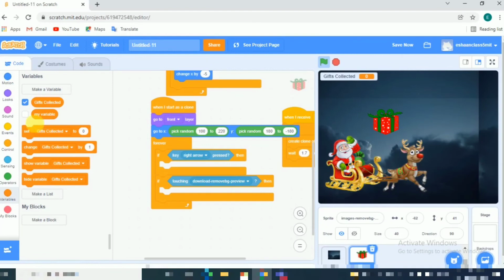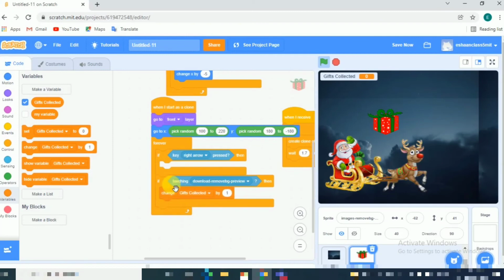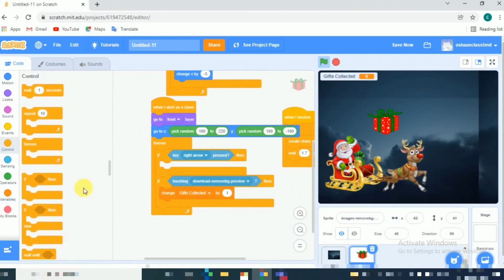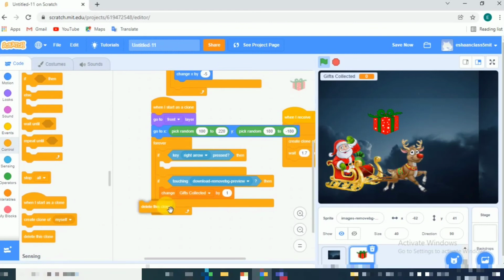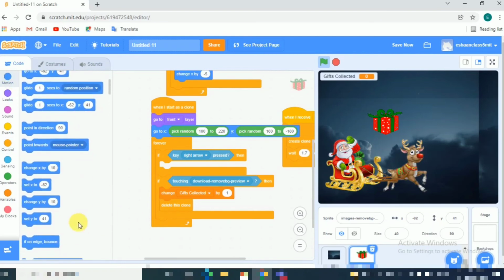And after this we will take this block, change gifts collected by 1, and then after this we will go to control and take the block delete this clone, and then we will add the last block for the coding, which is in motion, change x by minus 5.